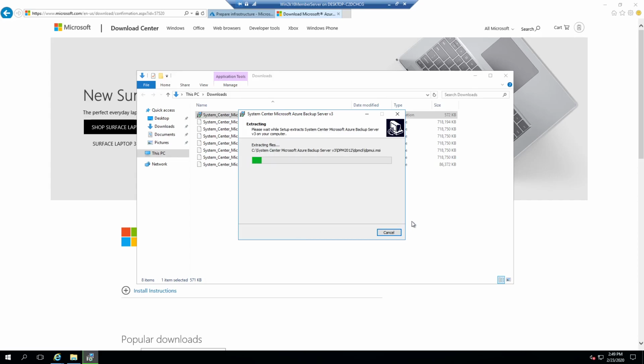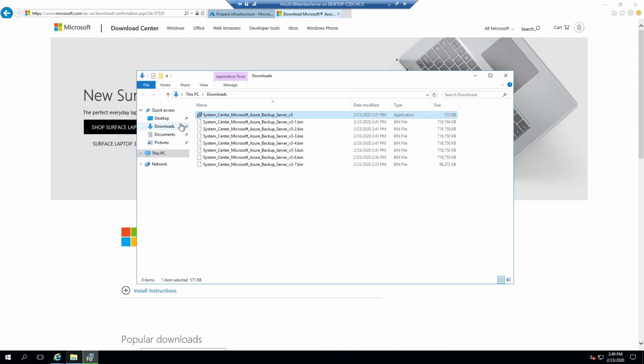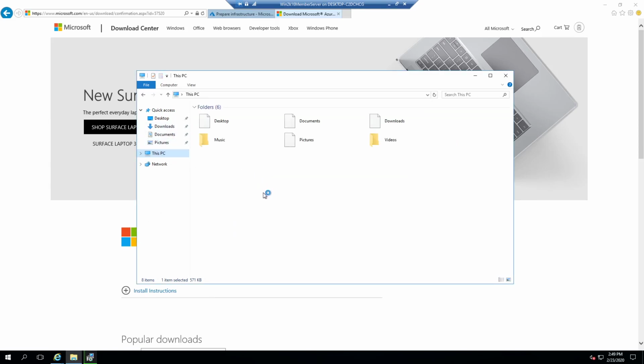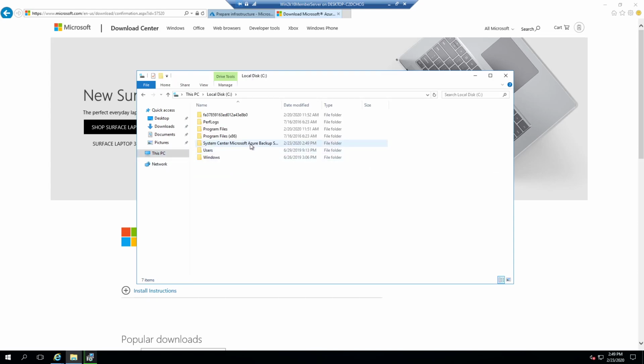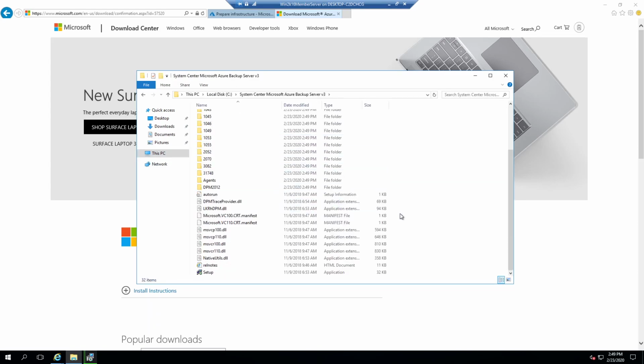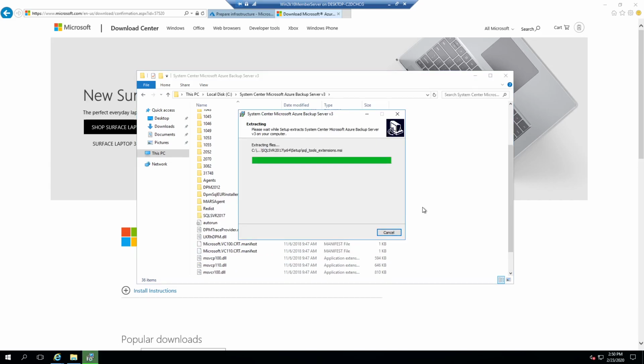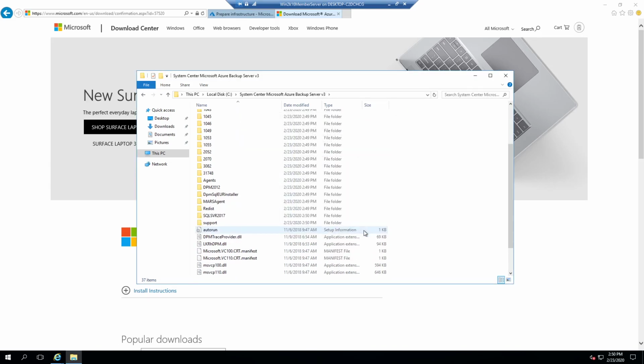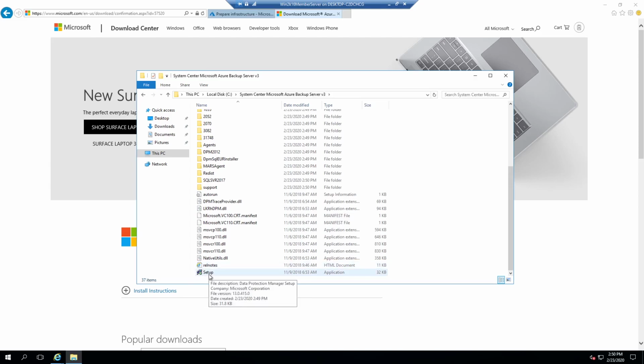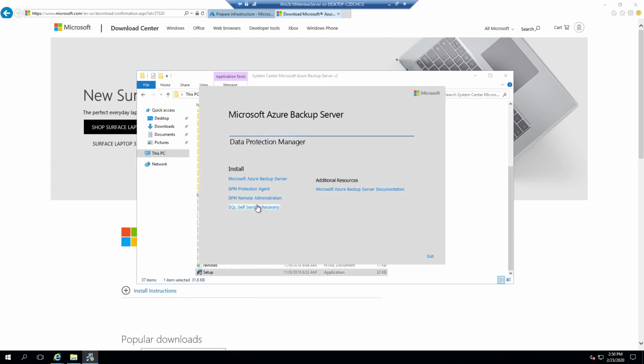So it is extracting the files in my C drive. I will click on setup.exe, then click on Microsoft Azure Backup Server,